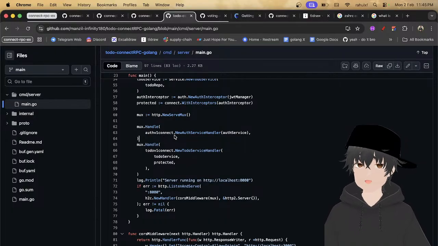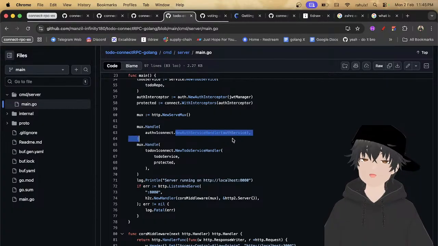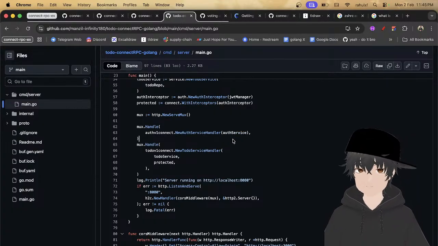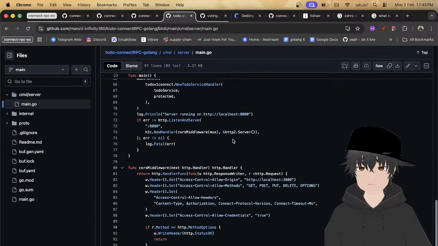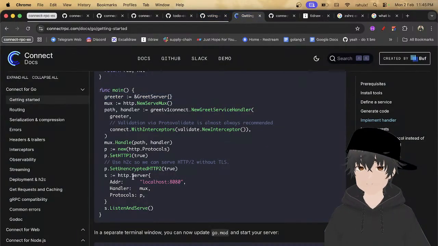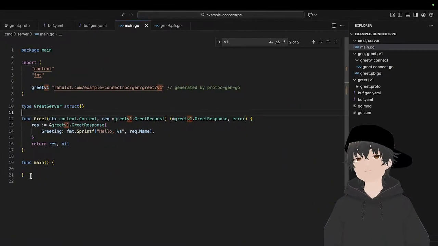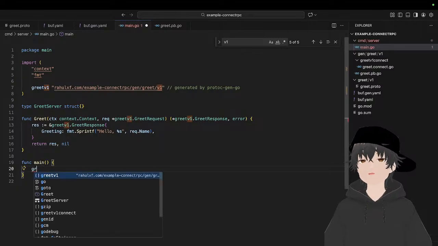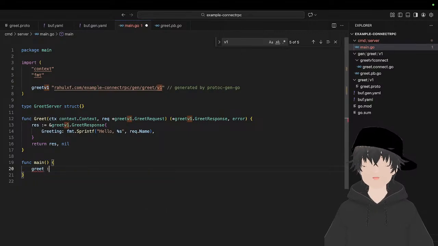In that same way, new greet service handler you need to add here. Okay, we can just copy it or we can type it if you want. So this is a greet which takes